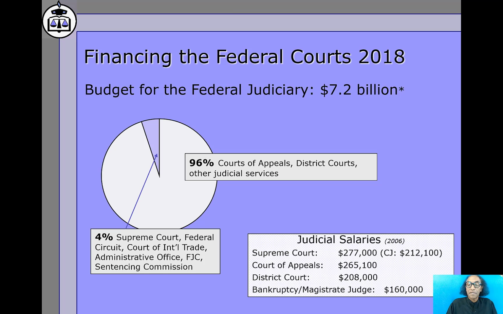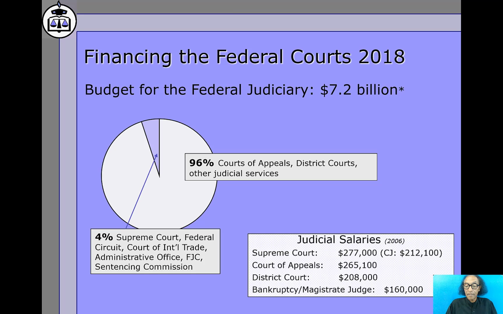Financing of the federal courts, at least as of 2018, is a very expensive operation. 7.2 billion is what it took, at least as of 2018. And 96% of it is for Court of Appeals, district courts, and other judicial services. 4% goes to the Supreme Court and the federal circuits and others. And you can see here